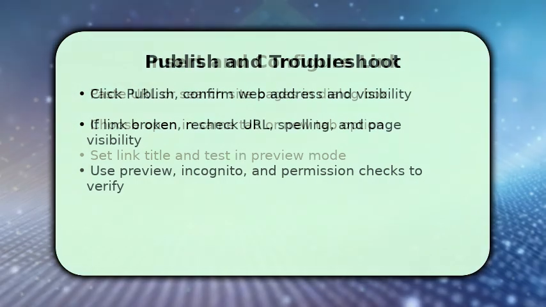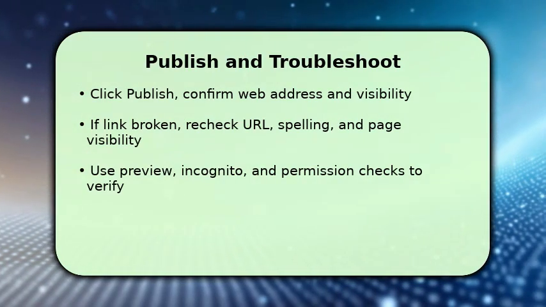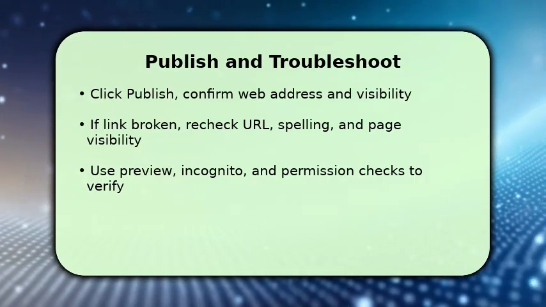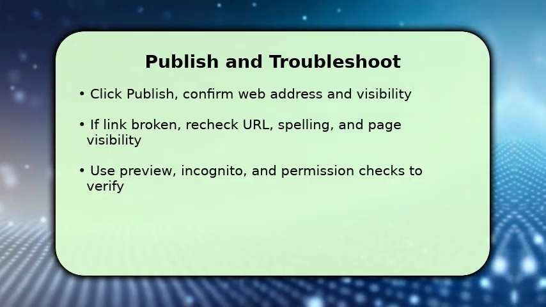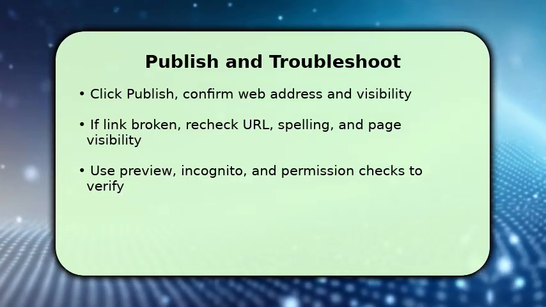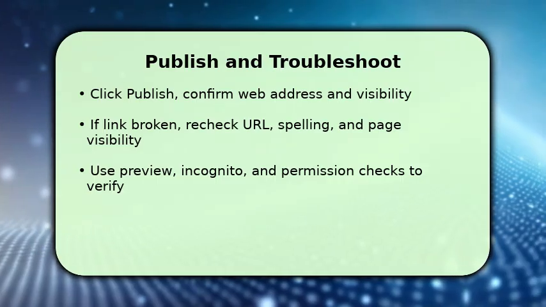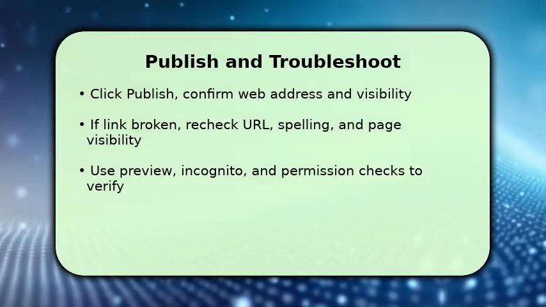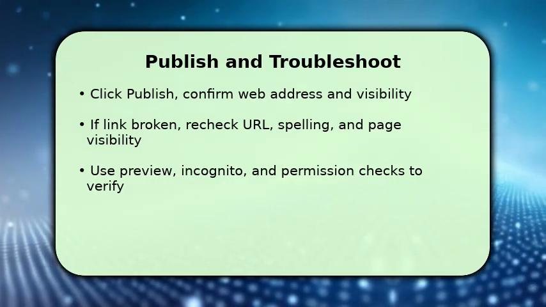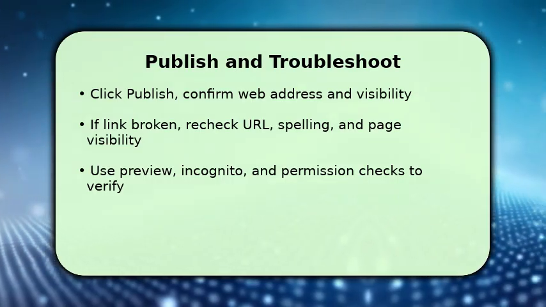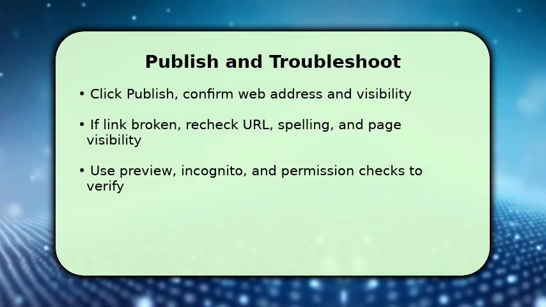Click Publish, confirm the web address and visibility settings, then open the live site and test the link. If the link fails, recheck the URL for typos, ensure the destination page is published and visible, and confirm permissions if it's restricted. Once fixed, clear cache or test in an incognito window to eliminate local caching issues. A quick troubleshooting tip: if links appear correct but still